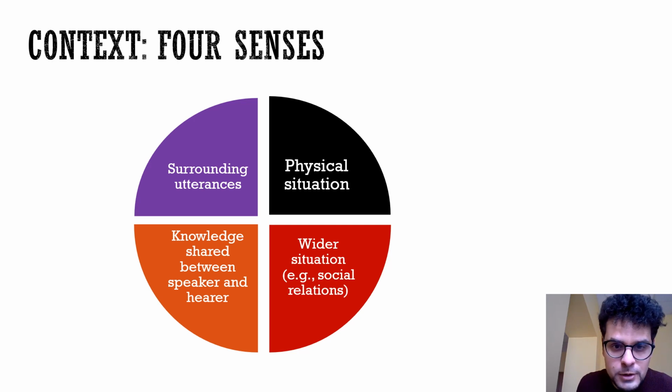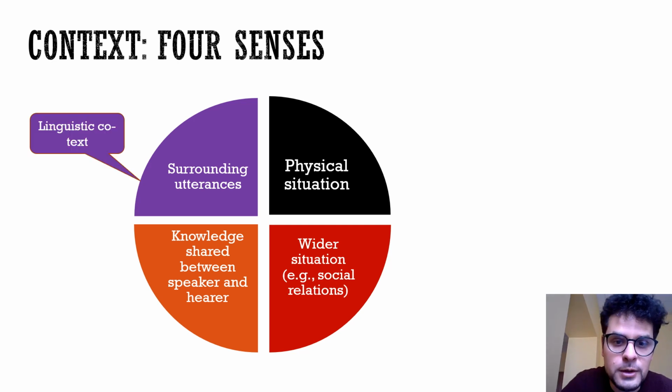So let's see them. One sense is the surrounding utterances, and usually we refer to this kind of context as the co-text. So remember this term, co-text. It means basically the words, expressions, and utterances that are physically around the word or expression that we are analyzing. So it's a purely linguistic phenomenon, and the purely syntagmatic one is what we can see or hear in the immediate proximity of the word that we are taking into consideration.